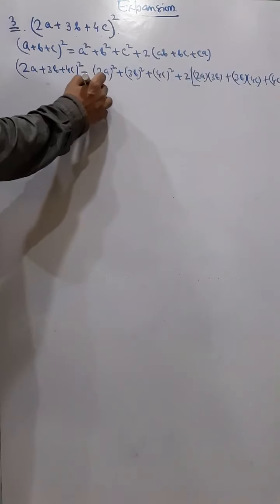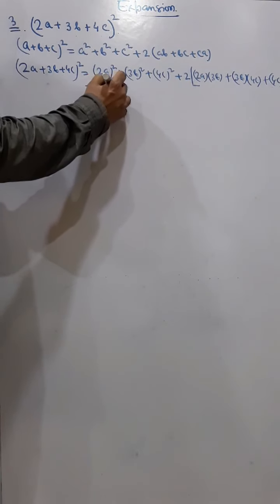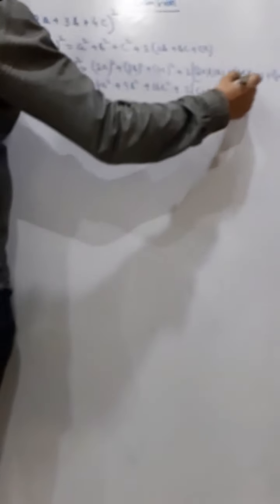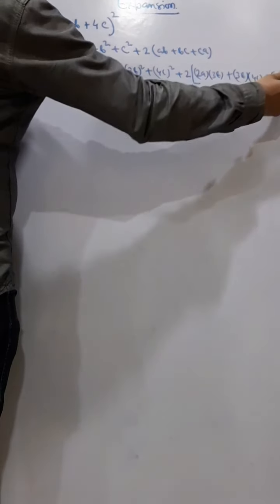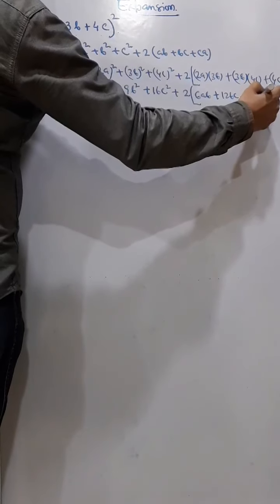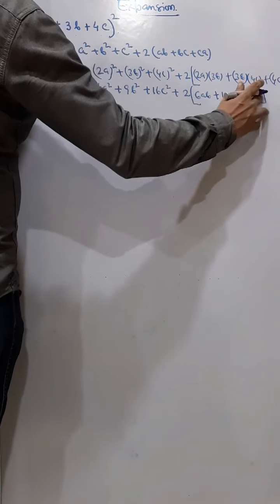So we get here 4a square plus 9b square plus 16c square, and then 2, we get 2 into 3, 6ab plus 12bc, and then 8ca or ac,